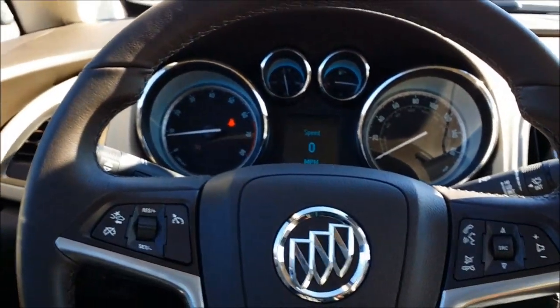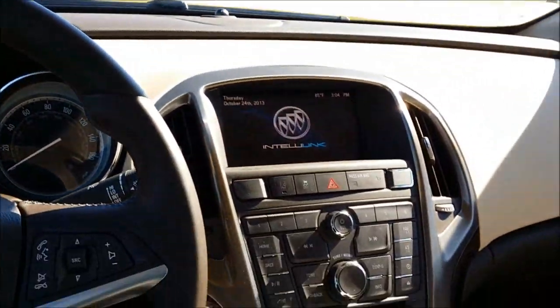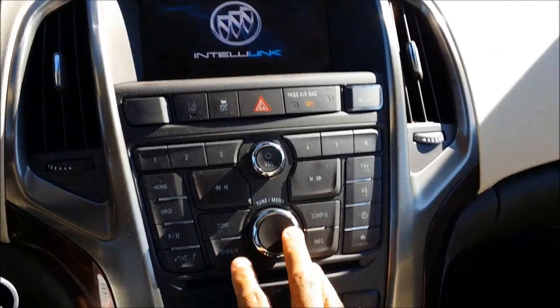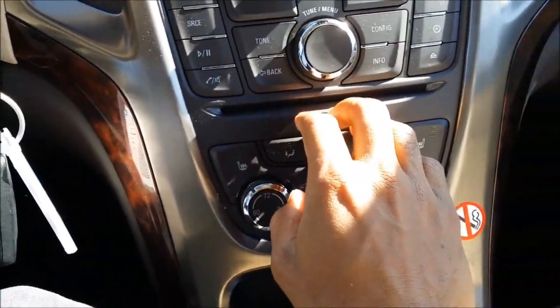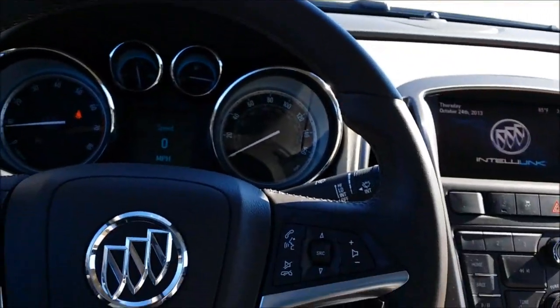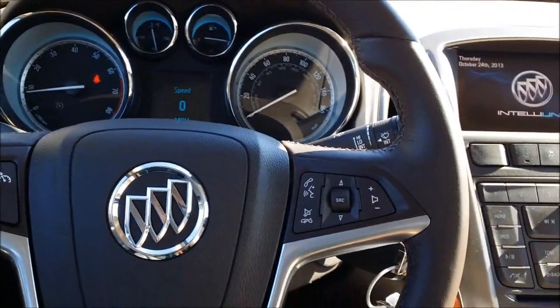If y'all saw my Buick LaCrosse video, I love that Buick. But this Buick has some things against it, and I'm going to keep it short and sweet. Besides the cluttered look of the instrument panel, I don't really like the way that looks. And it gives off a cheap vibe in the middle of a luxurious vibe. And that basically sums up why I don't like this car. It's kind of a cross between a luxury car and